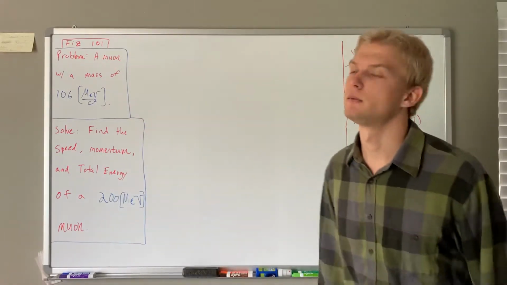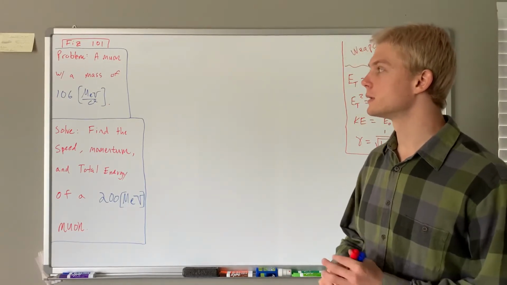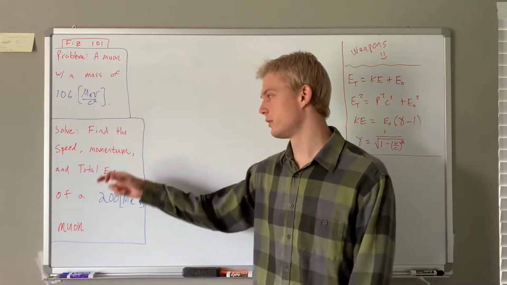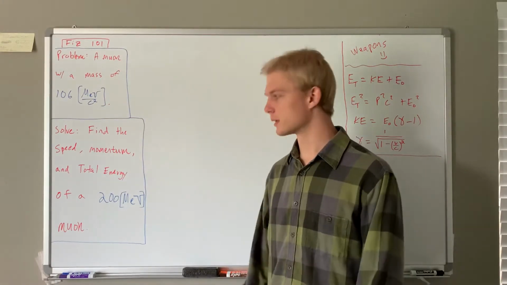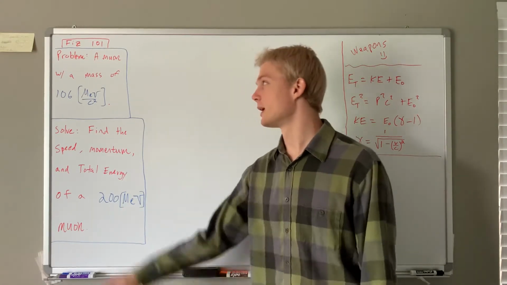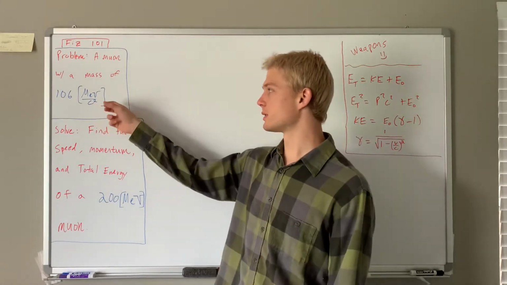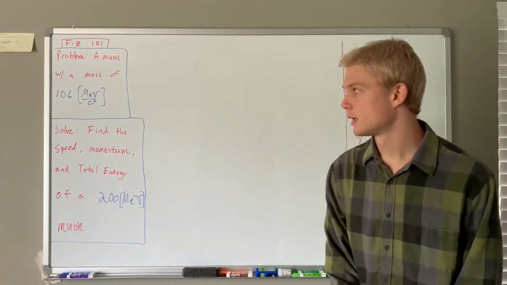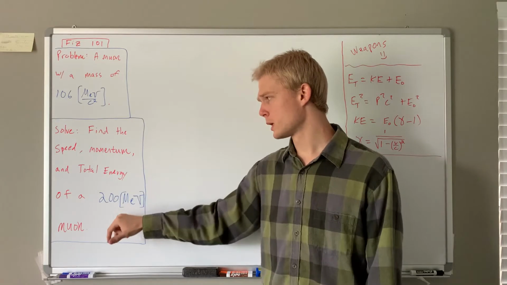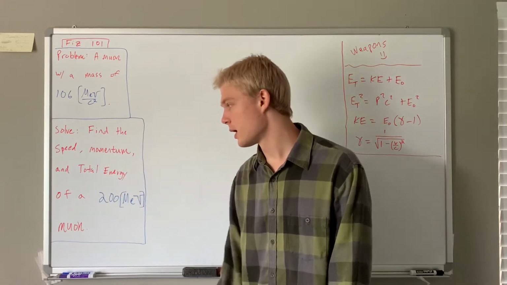Okay, so for today's video, I'm going to do another quick problem that uses basically the idea where you're given one thing, you can find a gazillion other things if you know one other thing. Alright, and in this problem, it's a muon with a rest mass of 106 megaelectron volts over c squared, and you're going to find the speed, momentum, and total energy of a